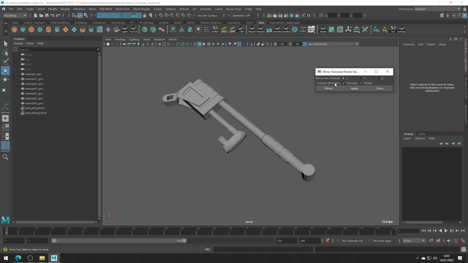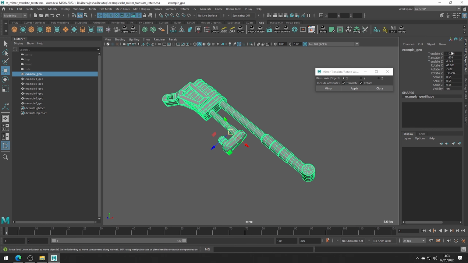If we have an object with obscure values like we do here, see we have a lot of rotation values on this object. This would be hard to mirror without scaling or something, and that's something you don't always want to do. This tool is great because it can intelligently figure out what the new value should be, so no history is lost. So what we can do is say mirror across the Z axis, just the rotation, and you can